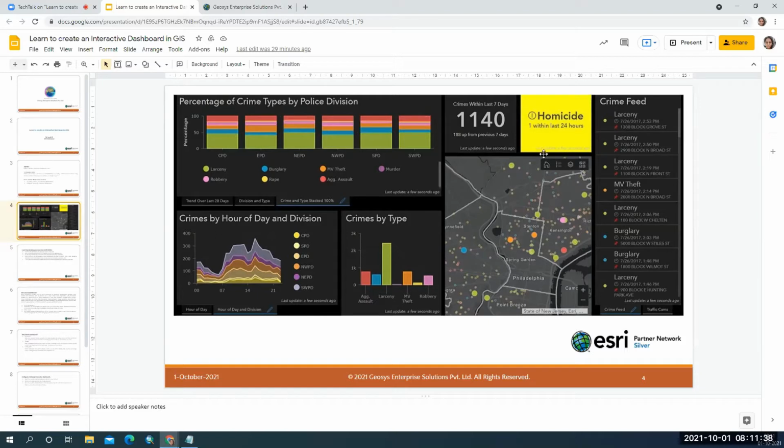So you can see various kinds of information, all at one glance and on one screen, which will really help a decision maker. By not going through a lot of data and a lot of pages of information, they can simply open a dashboard and quickly make a decision. That is why these decision dashboards are used.